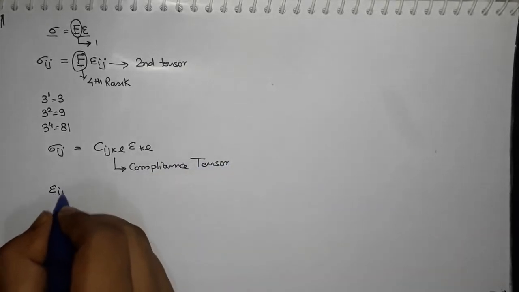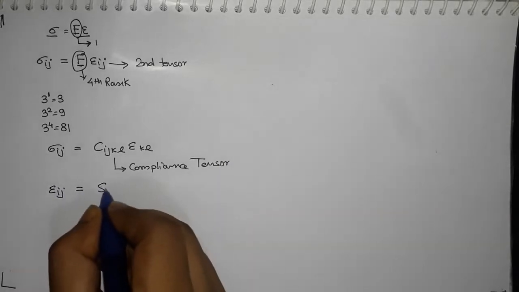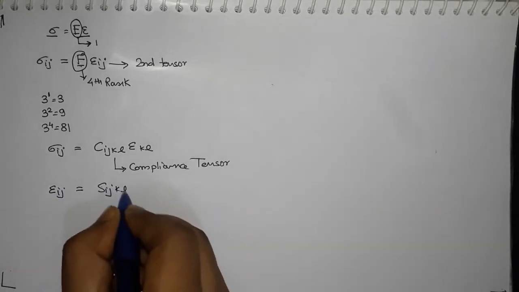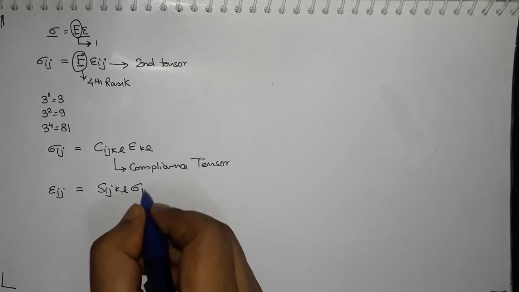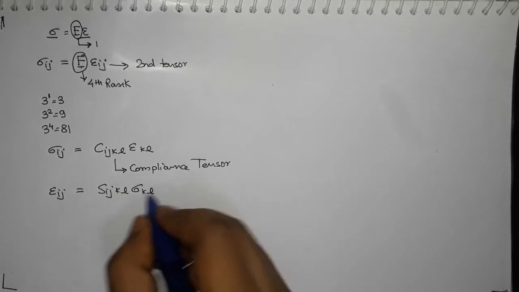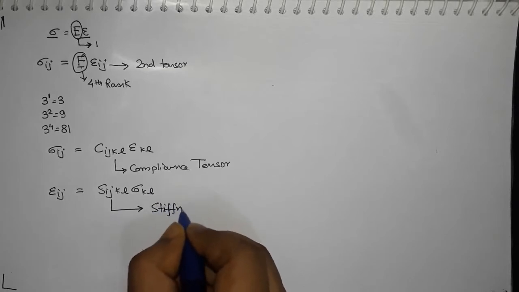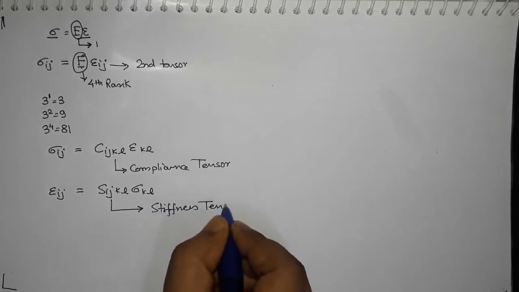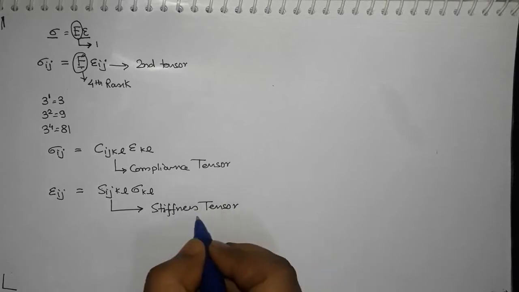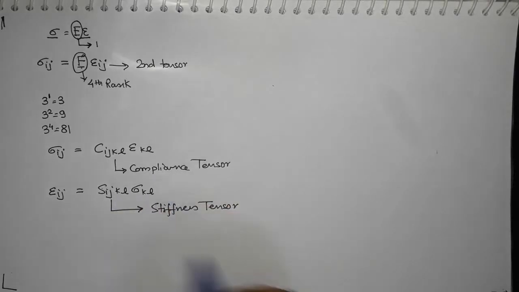You can also write it the other way around, epsilon ij is equal to S ijkl sigma kl, and this is called stiffness tensor. So stiffness tensor is the inverse of compliance tensor. Okay,